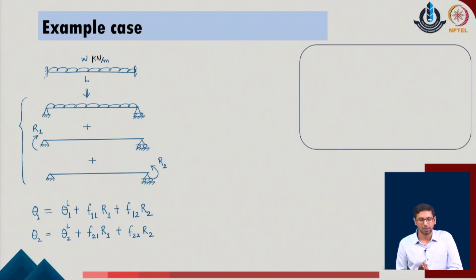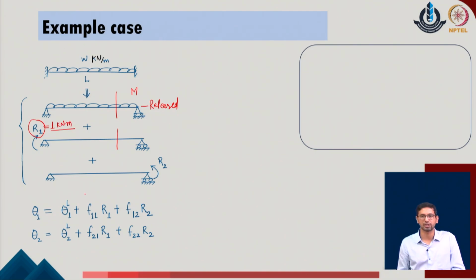Now, as a simple example case, we consider a problem over here. We have a system subjected to the external load. As an initial case, we consider that the system is considered with this release structure. In this release structure, we consider that this is having some moment distribution as m. This is our first system in which we consider the redundant one which is being considered, and we apply it with the unit value. So, this is the unit moment in the given condition. In the system 2, we also consider this as a unit moment. So, this is the system 2 which we considered for the given problem.